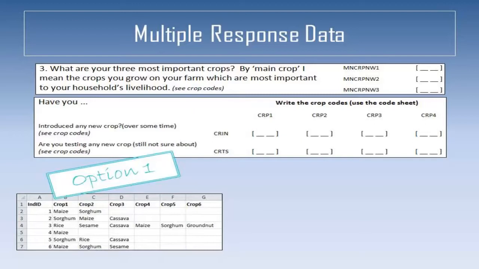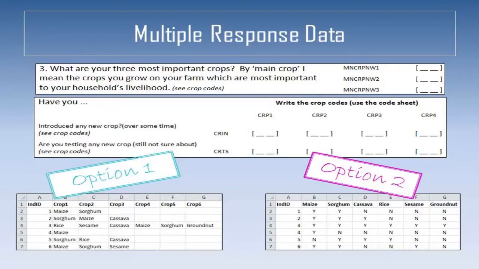The first response given by a respondent is then entered into the first variable, the second response into the second variable, and so on. The second option is to create a variable for each unique response given and indicate whether each, say, crop, was specified by the respondent using a yes/no or coded 1-2 responses. This is usually preferred by the analyst, however, it can result in a large number of variables.